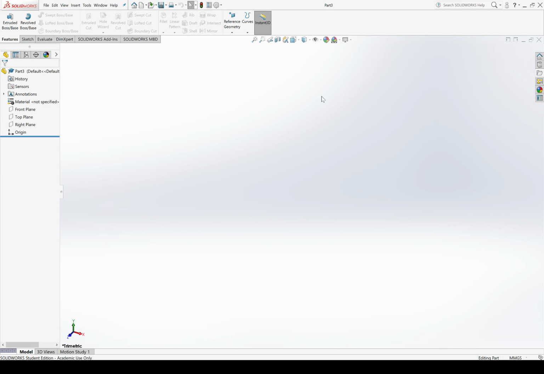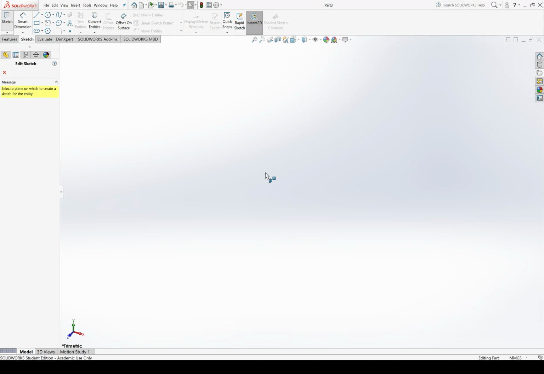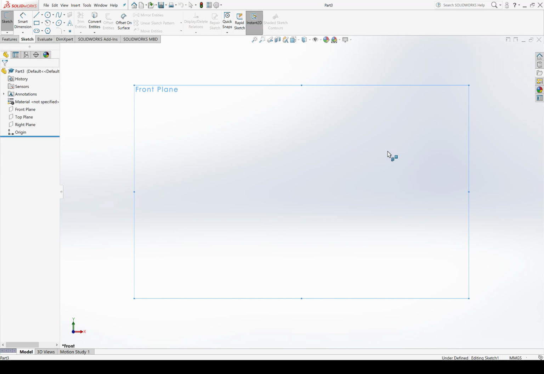Sure, I could sketch from the front, I could sketch from the top, I could sketch from the right. It doesn't really matter. There is no best choice here. It's all just what path do I want to take to my end result. I like it. Let's create a sketch in the front plane. So I'll go to Sketch, hit Sketch. It'll say, which plane do you want to draw the sketch on? I say, the front plane for no reason in particular. What shape should I draw on the front plane?